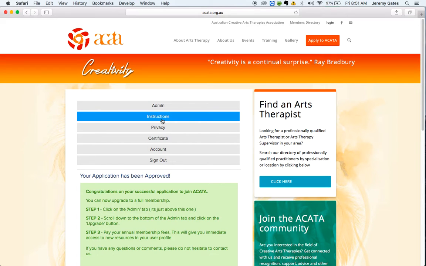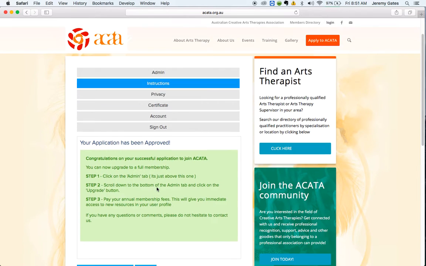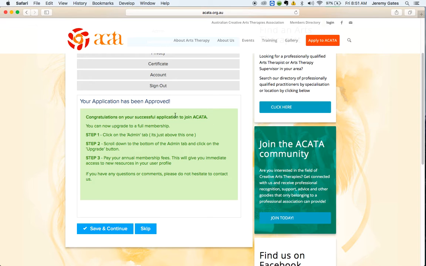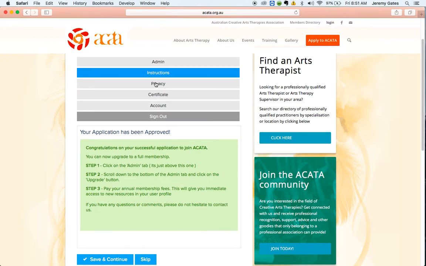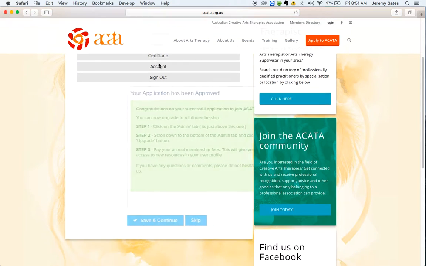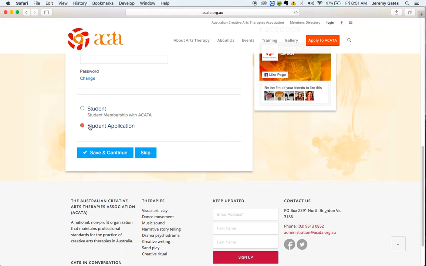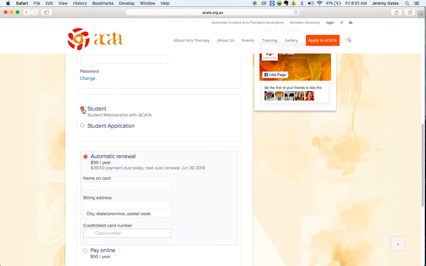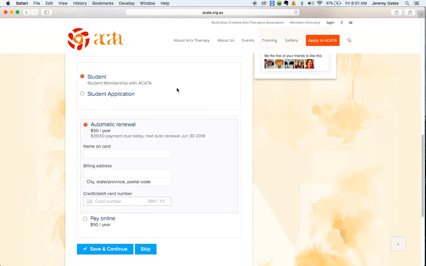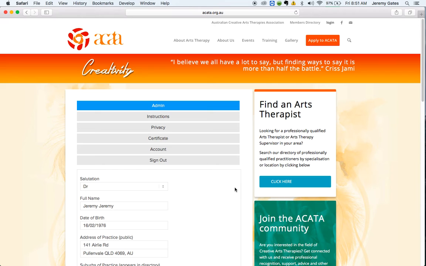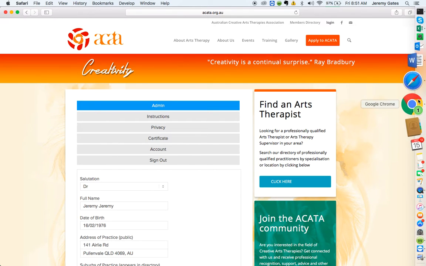Under instructions, the application has been approved. This gives instructions on how to go up to the admin tab, go down to upgrade, go up to student, and this is where the student application info will appear. Okay, so just to jump back to the admin area,